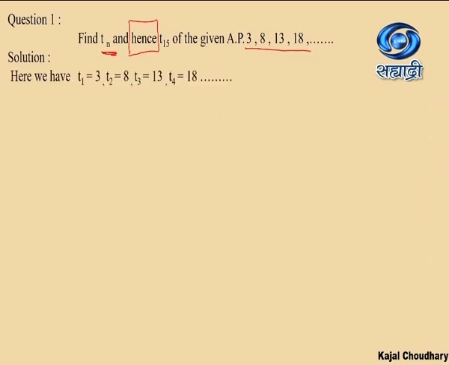Now, according to the given AP, the first term is 3, second is 8, third is 13 and so on. Given that the sequence is in AP, your D goes as T2 minus T1, which is 5. As it is given as AP, we are not going to find too many differences. D will be constant. Take any two consecutive terms and find the difference. It will be correct. So right now your D is 5.